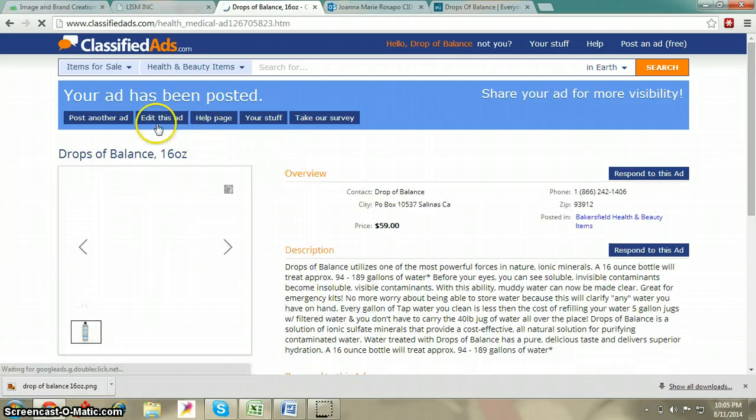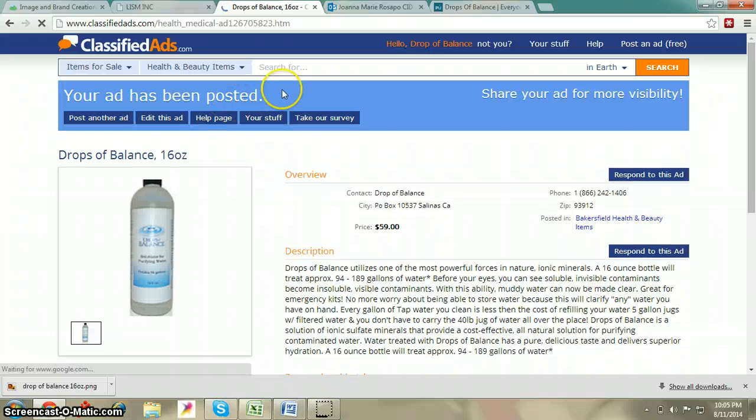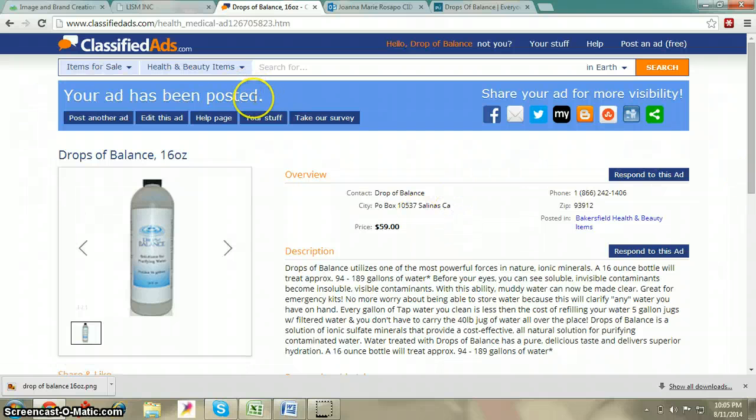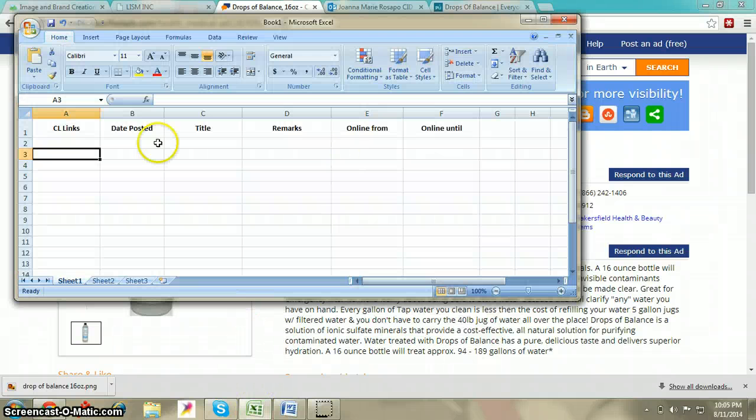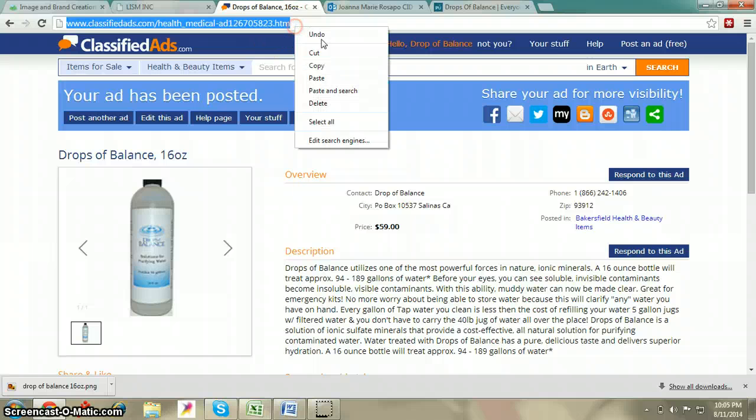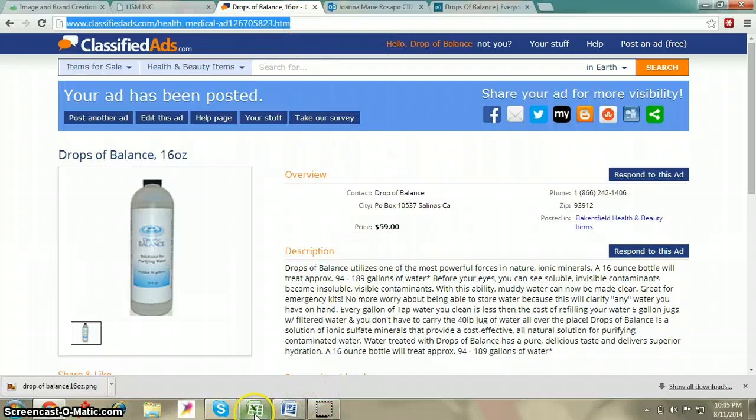Okay, there will be a note saying that your ad has been posted. As an additional technique for you to manage your posted ads, you can make a spreadsheet, like classified ads links. You can put the link of your ads here.